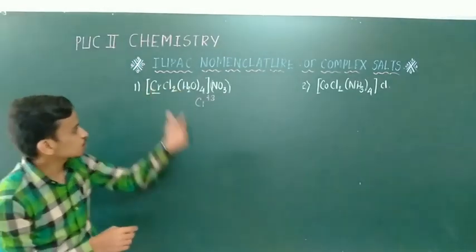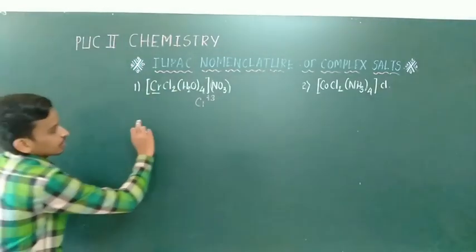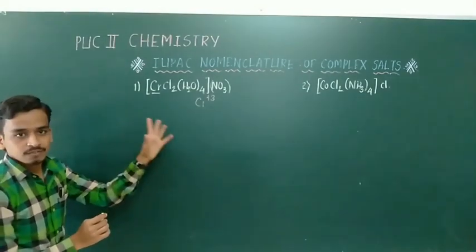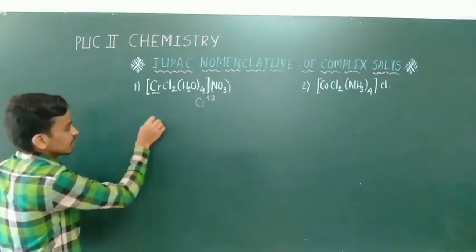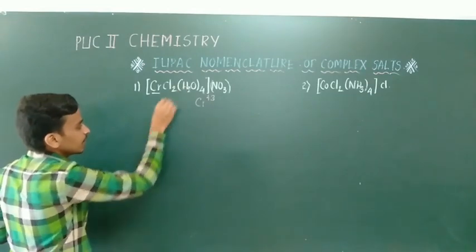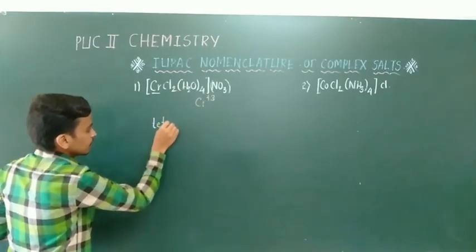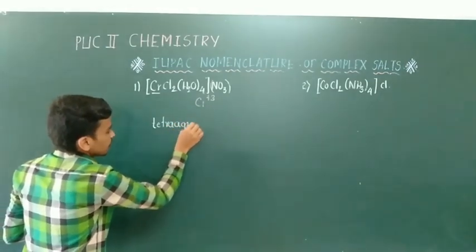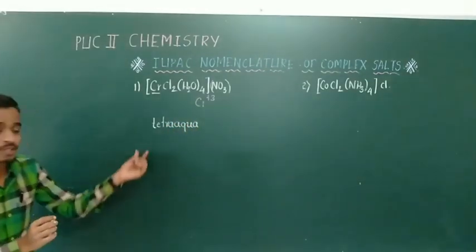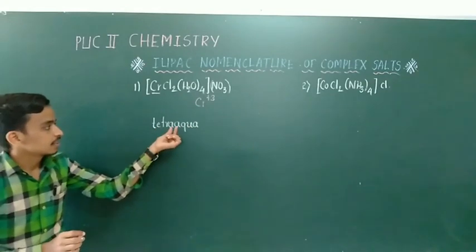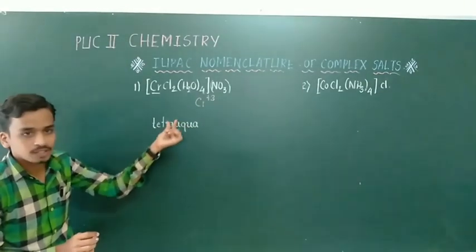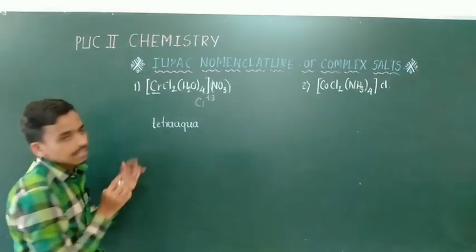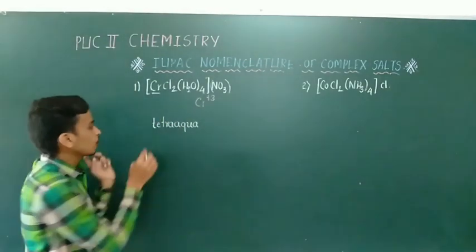Therefore how to start naming this one, and care must be taken to write only small letters, starting with the first letter also. That is how many aqua are present here? 4, therefore you can use the word tetraaqua. Observe this spelling also correctly. Tetra, then this is A for this aqua, therefore tetraaqua. And next one is Cl. How many Cl are present? 2, therefore tetraaqua